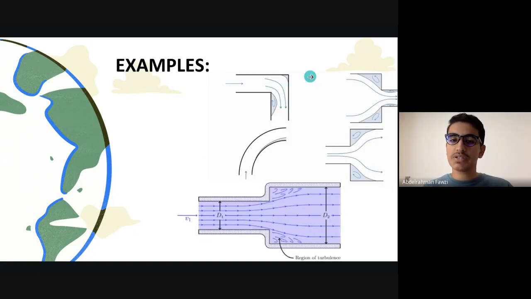And here are some illustrations. For example, this is an elbow, so the flow moves through the pipeline. But here's the catch. Why does this disturbance happen? Because at the beginning we had laminar flow along this pipe, and then after this elbow, we are dealing with a discontinuity of the flow. The flow was continuous on the surface, and here it was discontinued, and this caused the turbulence. Same thing here as well. Same thing goes here. I think this is a very useful explanation.